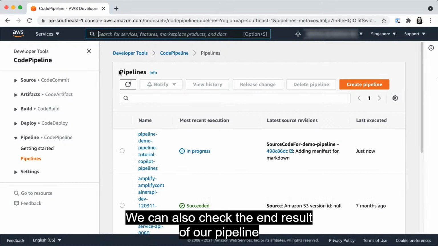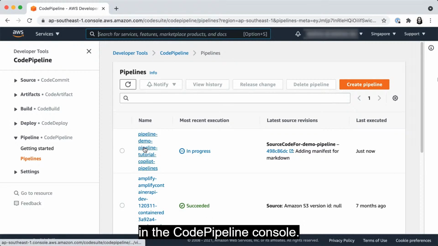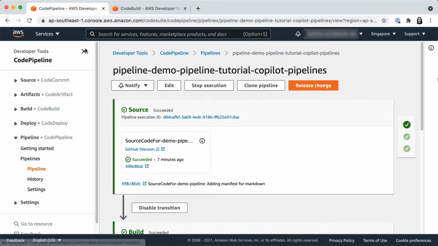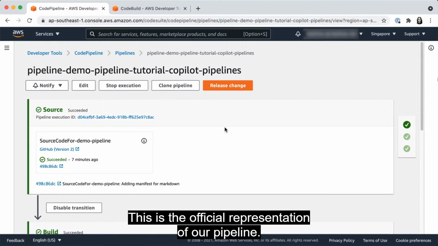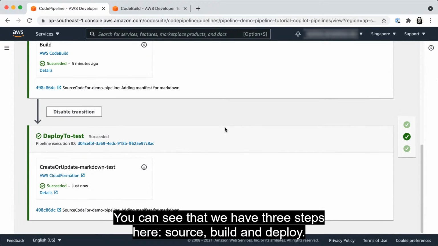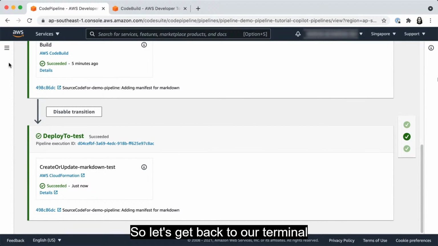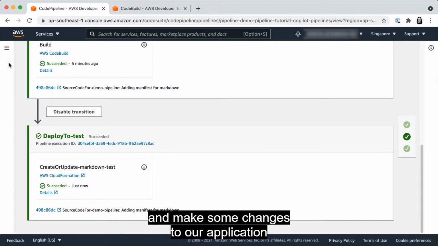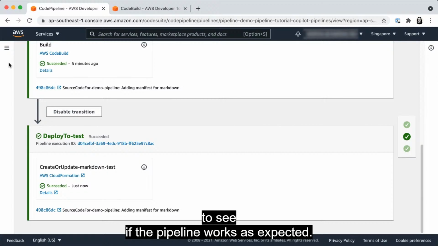We can also check the end result of our pipeline in the CodePipeline console. This is the visual representation of our pipeline. You can see that we have 3 steps here: source, build, and deploy. So let's get back to our terminal and make some changes to our application to see if the pipeline works